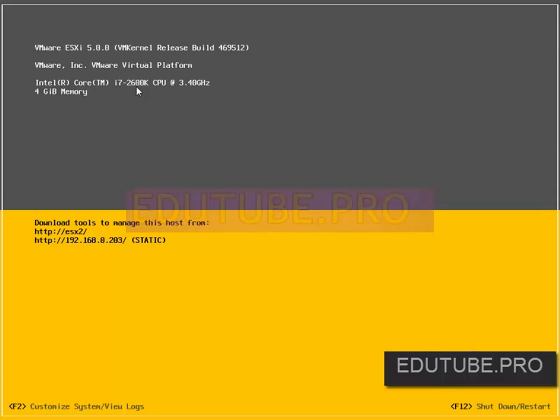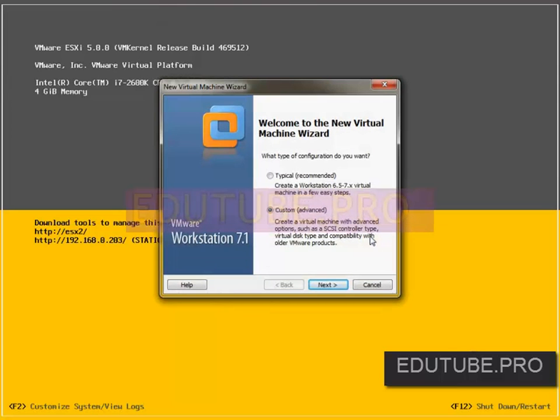Now what's important here is the fact that I'm actually running this ESXi host on top of VMware Workstation. So I have a Workstation environment set up, and ESXi is running in a nested hypervisor environment on top of VMware Workstation. This host is ESX2. And it's already been configured and set to 192.168.0.203, just to give you an idea of what this will look like once we get to the completion of the ESXi installation. Creating a new ESXi instance, however, happens here under the File, New, and Virtual Machine location